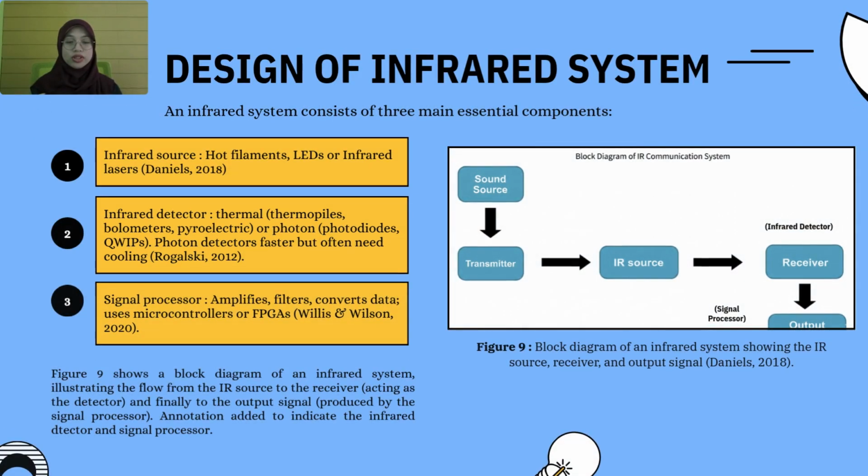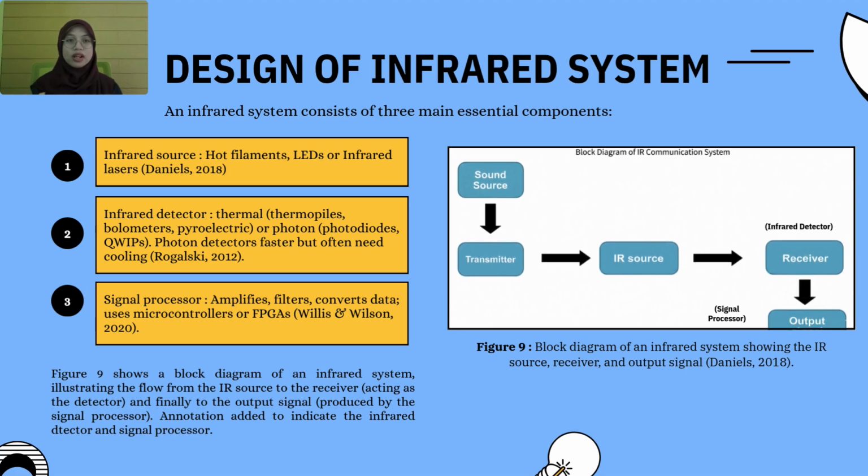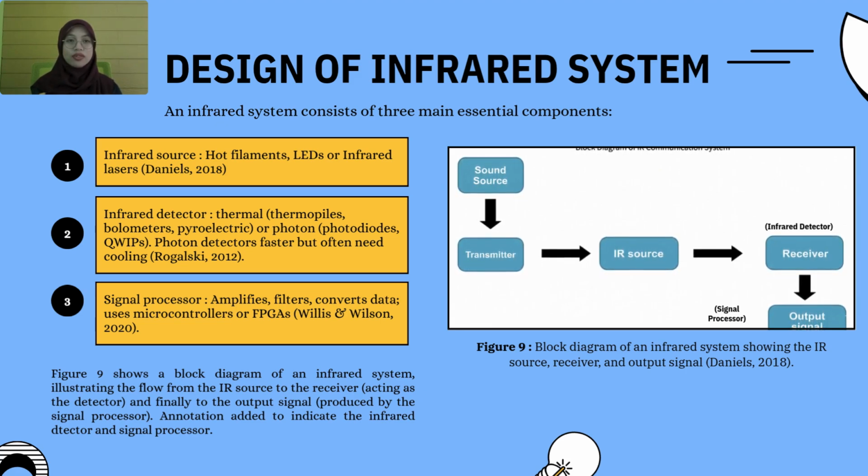An infrared system consists of 3 main components. First, the infrared source, which can be hot filaments, LEDs, and infrared lasers. Second, the infrared detectors. Thermal detectors include thermocouples and bolometers, while photon detectors include photodiodes and QWIPs. Photon detectors are faster but require more cooling. Third, the signal processor, which is used to amplify and filter the signals. It shows the flow from the infrared source to the receiver, acting as a detector and finally reaching